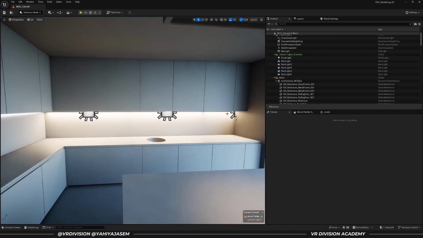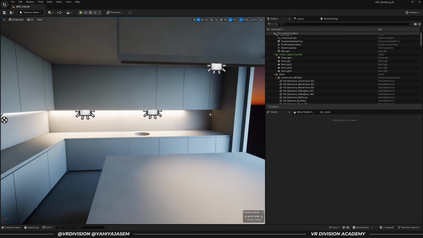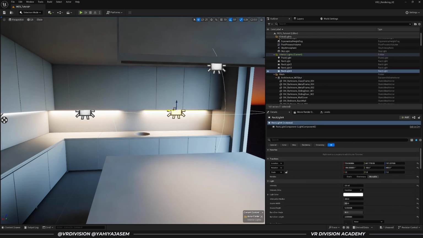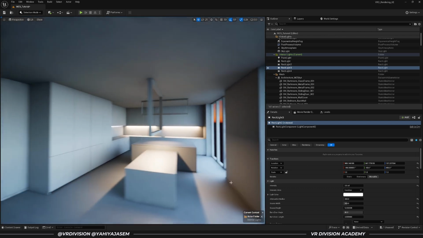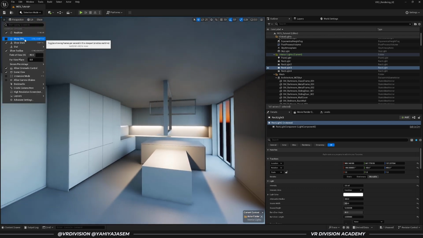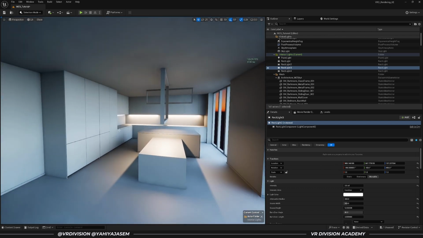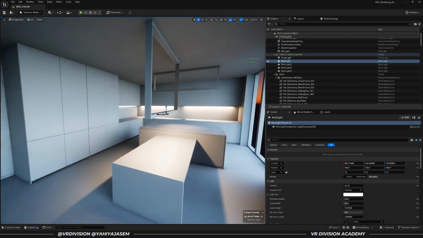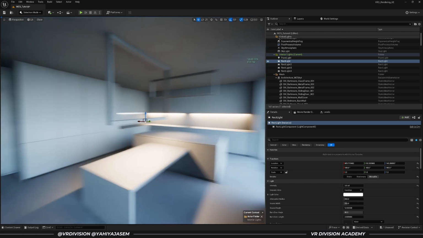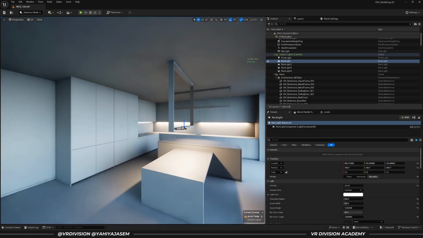But again, when we have too many overlapping, it's too much. So what we can do is two lights with less intensity or attenuation radius for how much they affect. And this will also keep your performance high, especially when you add actors here and there. It's definitely worth doing to control the attenuation radius of a light when you add it to your interior or exterior project or any project the moment you add it,